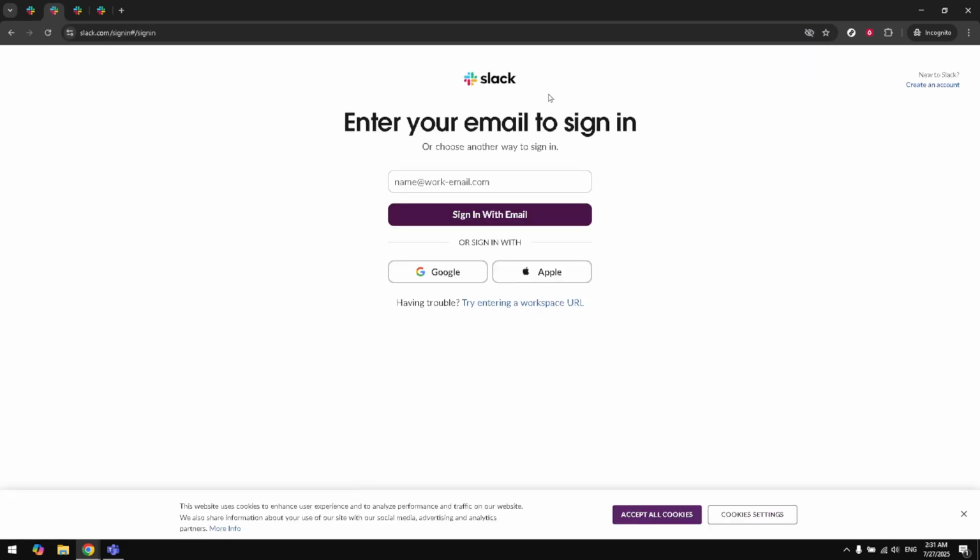For the purpose of these instructions, we'll use the Google Sign In option, as it's a popular choice for many users with Google accounts linked to their workspaces. After selecting Google, you'll be prompted to log in using your Google account credentials. Enter your details, and once you're signed in, you'll see your familiar Slack interface loaded with all your channels and